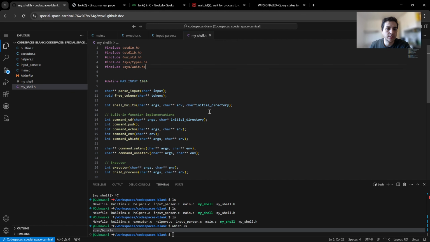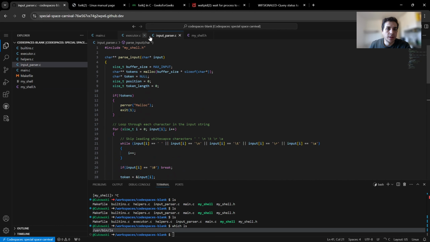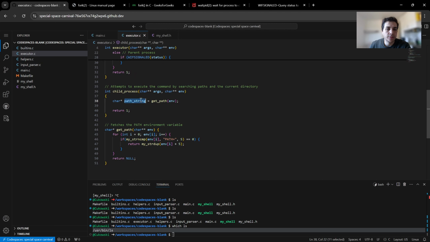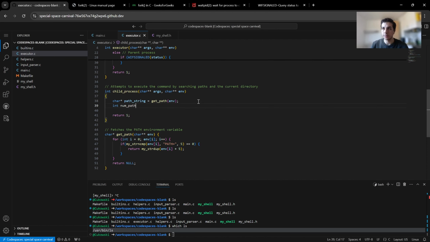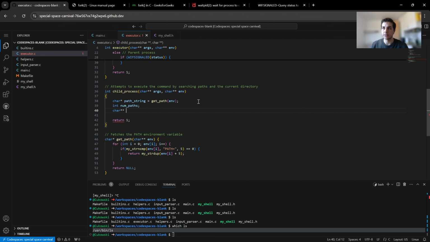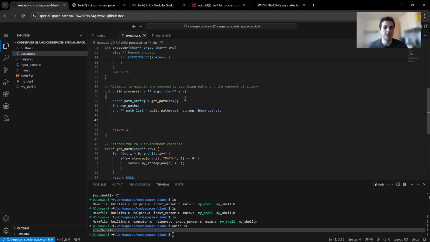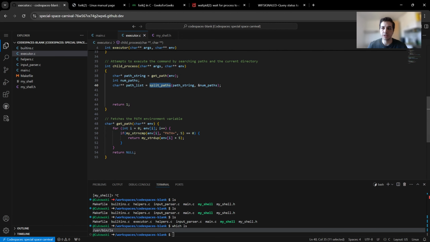This will get the path. So our path string will be getPath environment. We will have int numPaths, and we will have char star star pathList. It will be also splitPaths string, and it will get the numPaths. Depends on how many paths we will need. So we will get the path string, we will check number of paths, and we will have a path list, which we will need to implement another function called splitPaths,